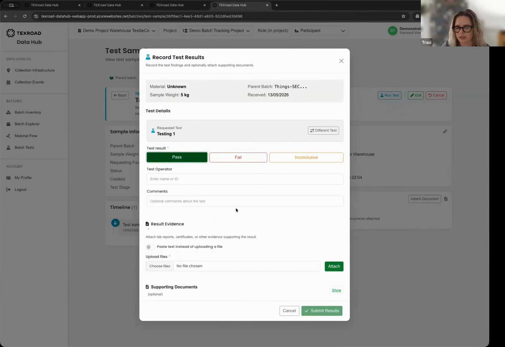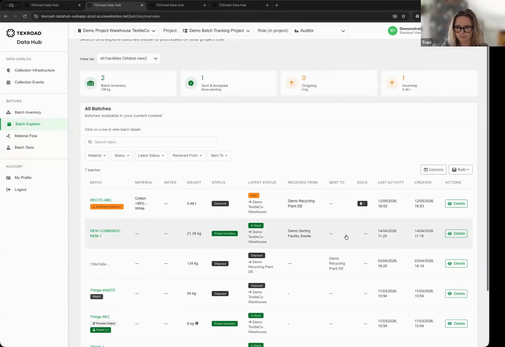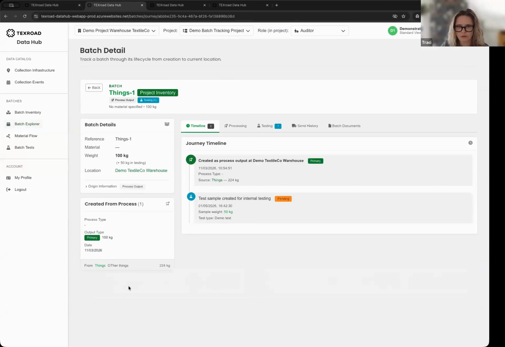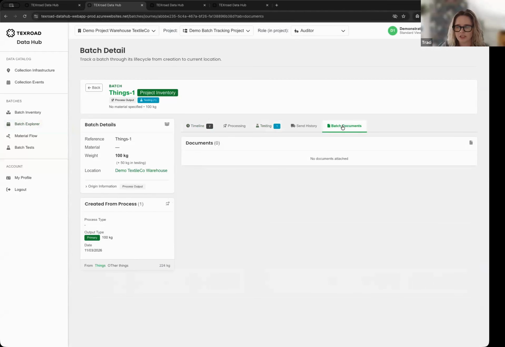I can indicate a pass, fail, or inconclusive, and any number of different pieces of information. You attach it all to that test, to that batch, and then when you click into the item in your inventory, you can see the test that happened, all of the test results, and all of the documents attached to that batch. There's not one attached here, but it centralizes everything together in one place.